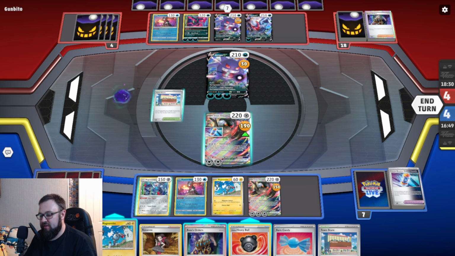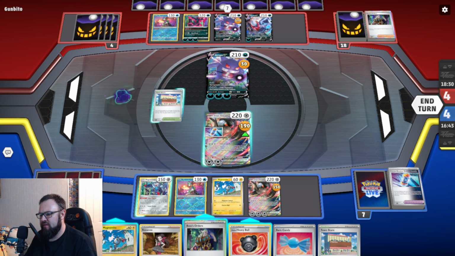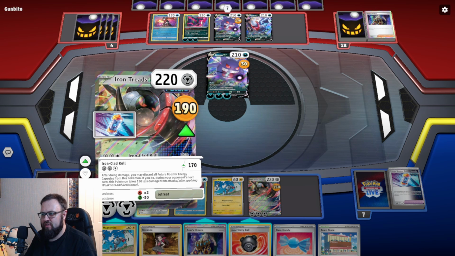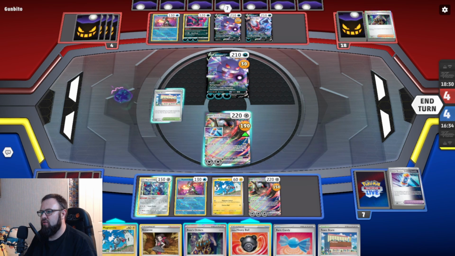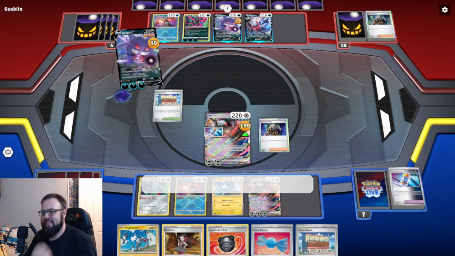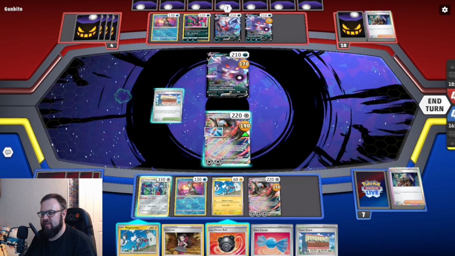Yeah, we've got to take the big chunk. I mean, actually, that was quite silly, because we weren't taking the knockout anyway, were we? 170. No, we're taking 200. We could take the knockout on the other Gengar, which does put us ahead in the prize race, but it does also mean, I mean, we don't need to get rid of the...